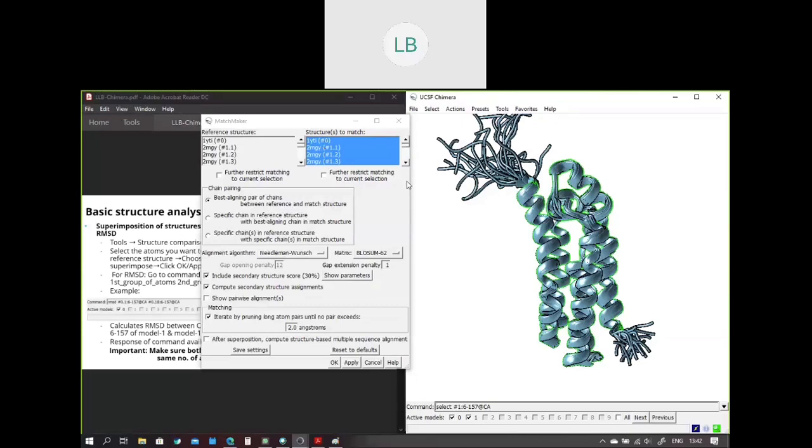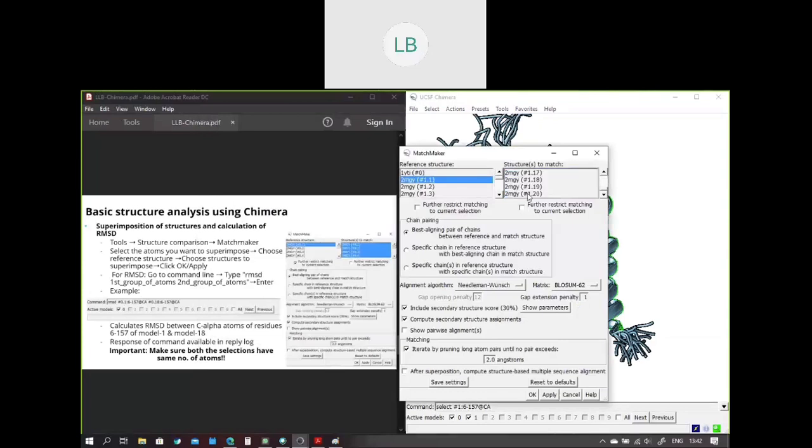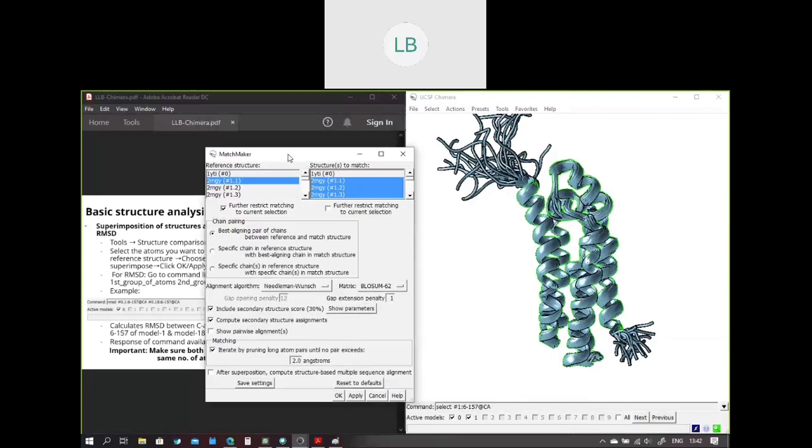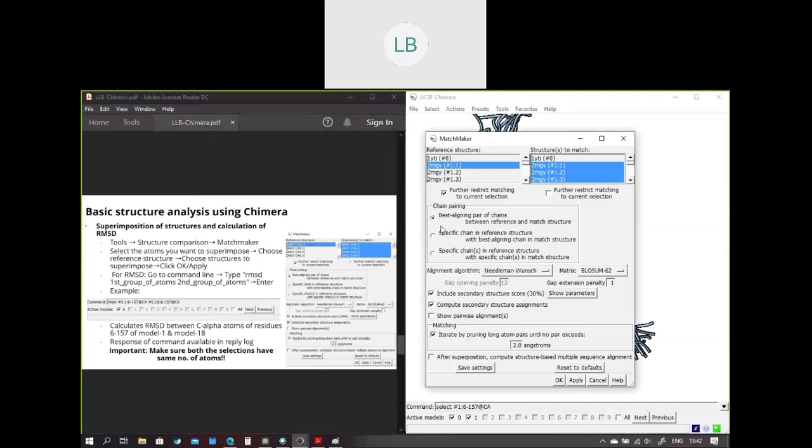Here I'll tick "further restrict matching to current selection." That means it will do the superimposition only for this set of residues. We'll keep the rest of the parameters as default. Here it's asking what sort of matching you want to do, and what sort of alignment algorithm and so on. We'll just keep these as default and apply.